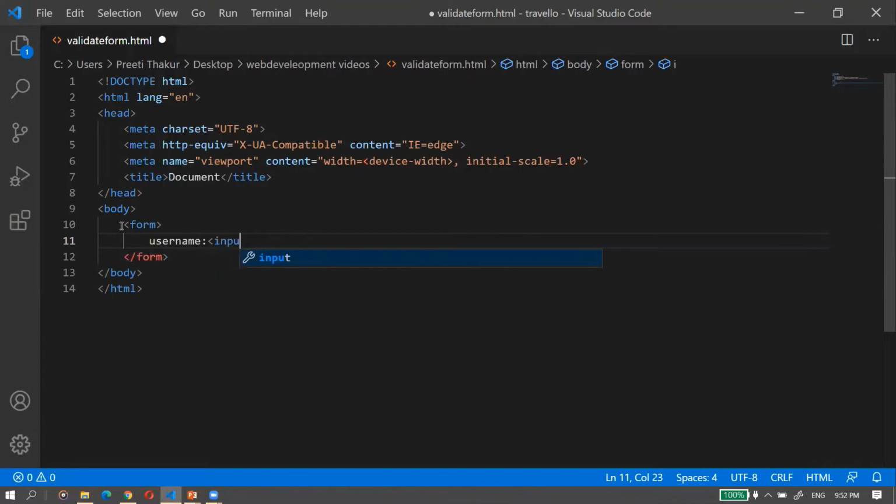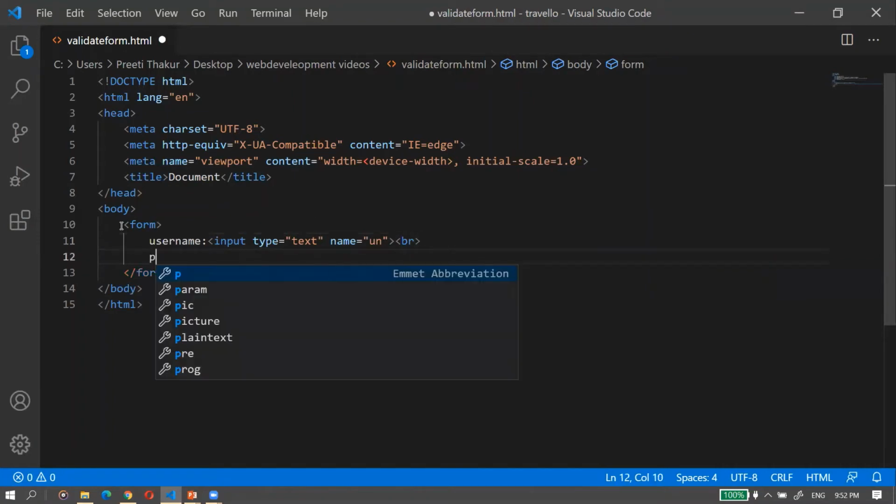So input type is equal to text and give some name to it. Name UN, I'll be giving the name UN. Okay. And then a password.